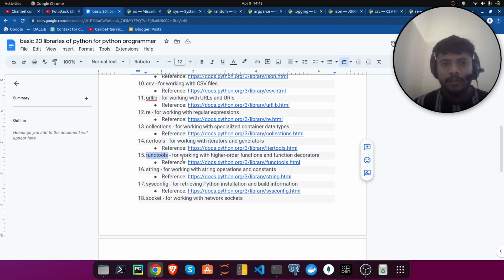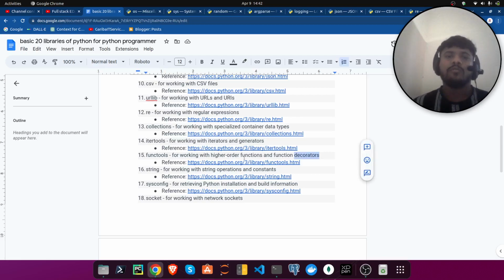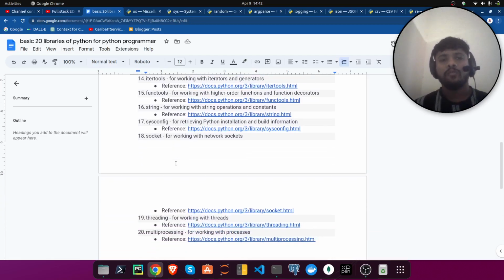And functools is for working with higher-order functions and decorators, so while making a decorator we use this. And the string module is used while working with NLP data, natural language processing, for string operations and constants.